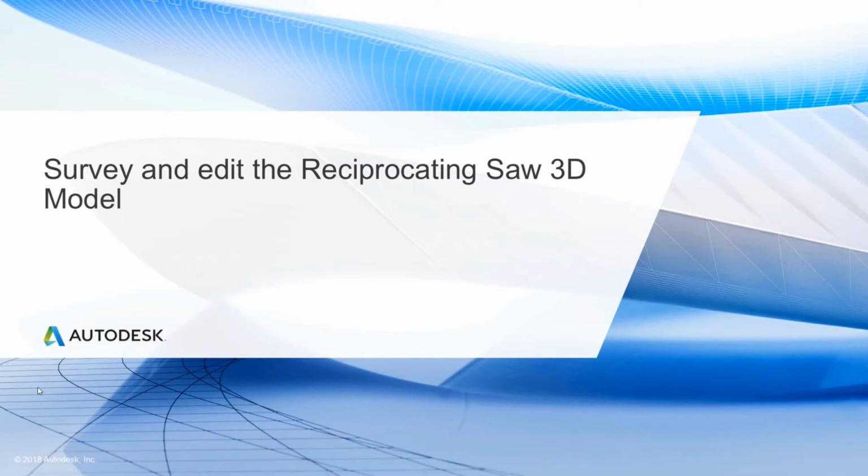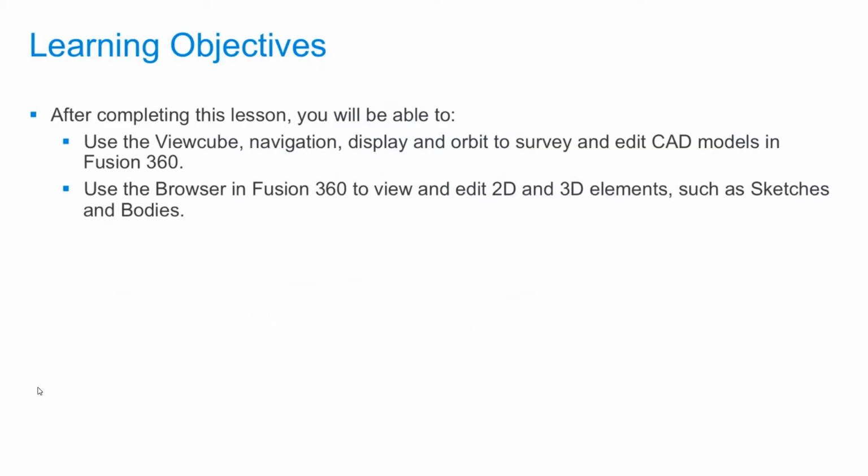We're going to survey and edit the reciprocating saw 3D model. And after completing the tutorial, you'll be able to use the view cube, navigation, display and orbit tools to survey and edit CAD models in Fusion 360. You'll also be able to use the browser in Fusion 360 to view and edit 2D and 3D elements, such